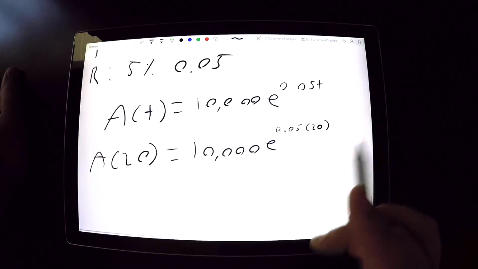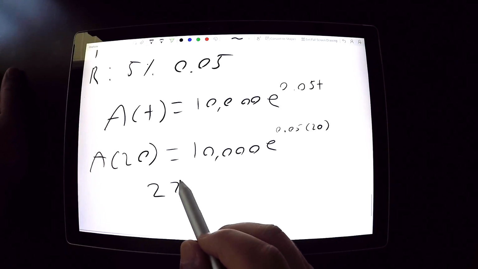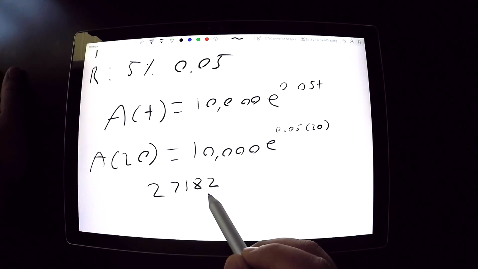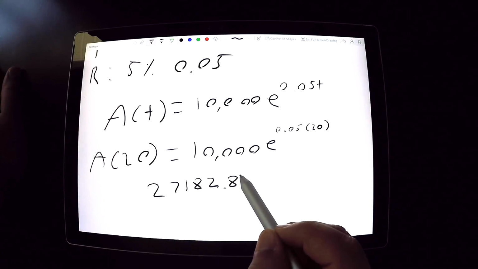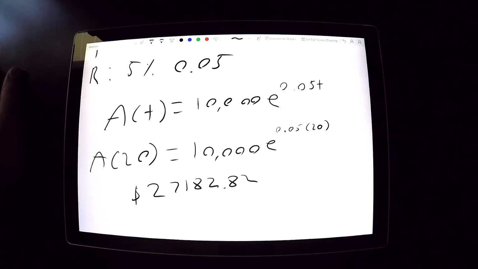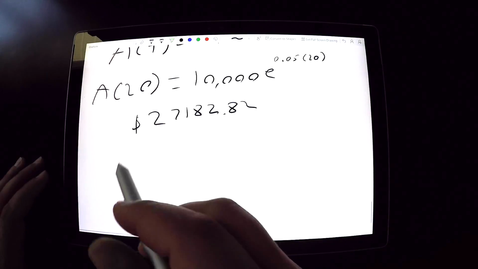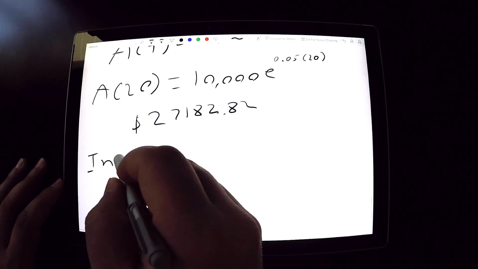Simplify that, you'll get $27,182.82. Now, how much would you need to invest to get $15,000 in 10 years at a 3% interest rate compounded quarterly? So, if the interest rate is 3%,